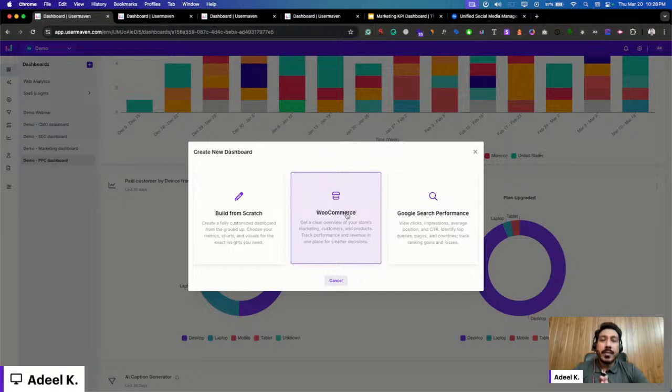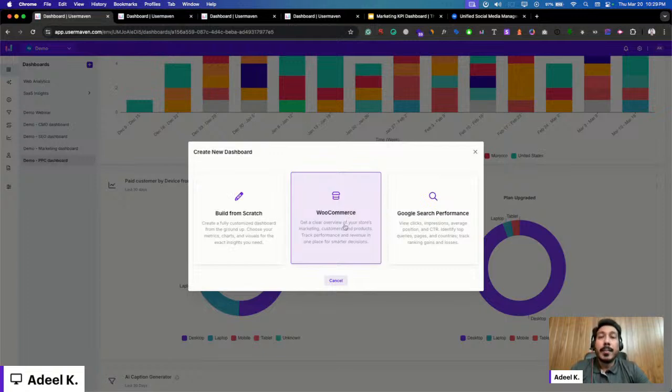So yes, if you have a website that is based on WordPress and you're using WooCommerce for payment functionality, then what normally happens is, and this is one pain point that we have heard regularly from our customers as well, that if you want to transfer data from WooCommerce to your analytics tools, you have to do a lot of hard work and manual work. Like you need to place that data layer, you need to manually create different events, and then you would like to fetch that data and pass it to your analytics tool. So the process gets quite hefty, and it involves a very critical time of marketing teams and development side of